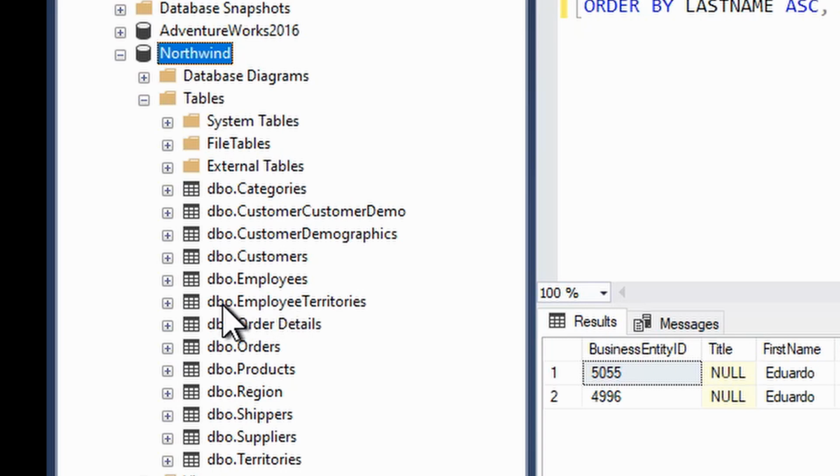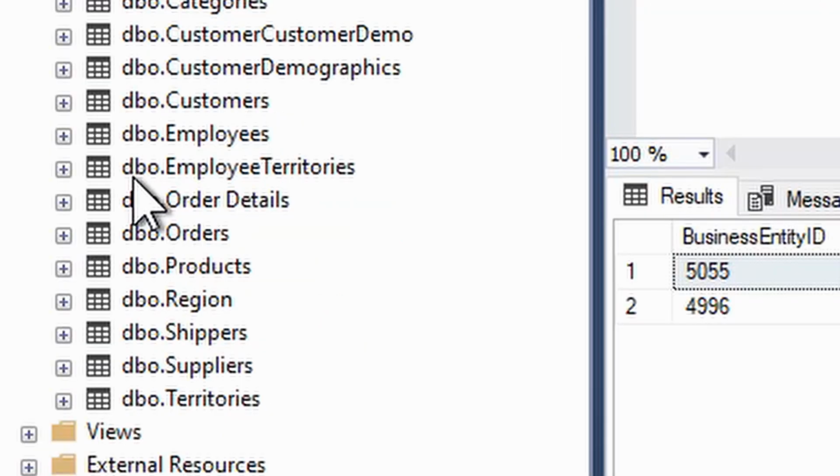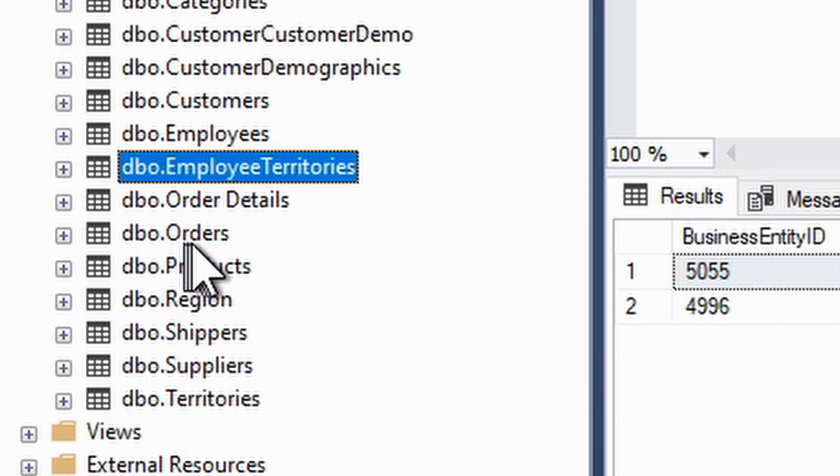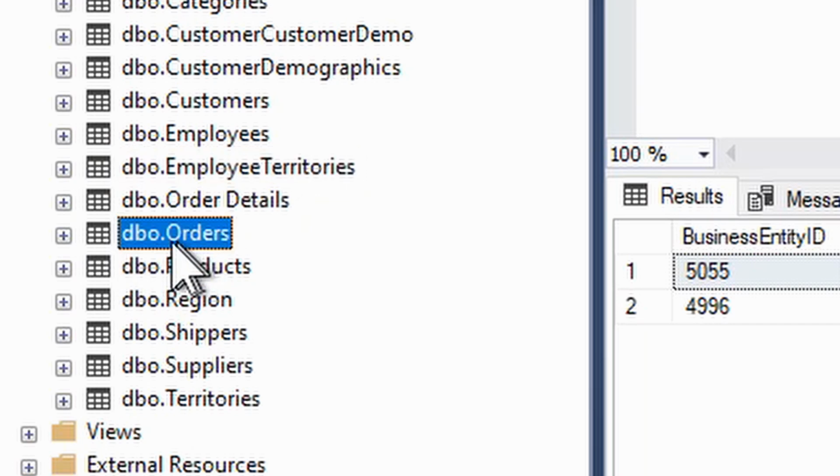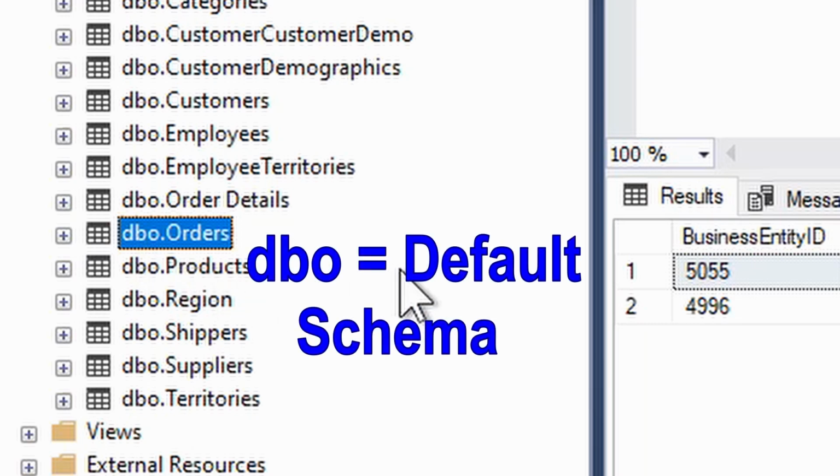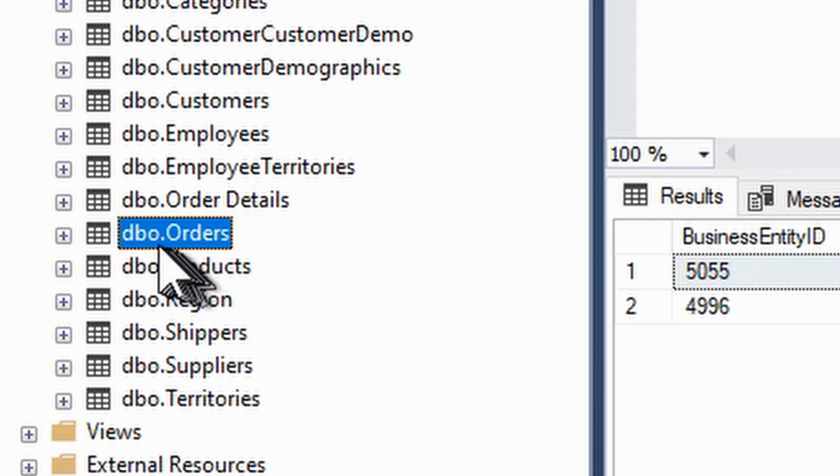And notice that the schema name, the first part of the table name, is not something meaningful. It's this funny thing called DBO. DBO dot employee territories, DBO dot orders. In these sorts of situations, the DBO in SQL Server represents what's called the default schema, which in plain English means it's sort of like a catch-all one, and the practical implication is you don't have to specify